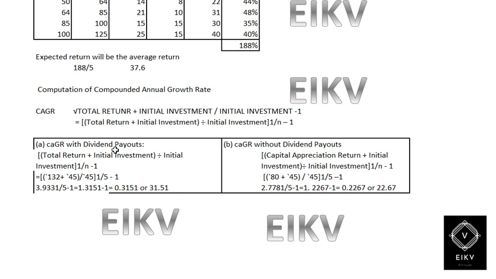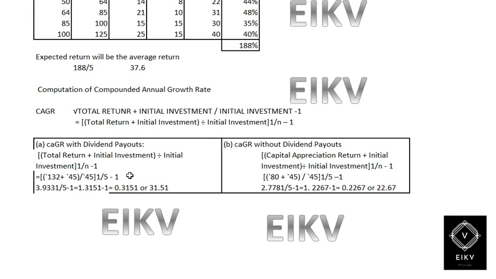Number one, CAGR with dividend payable and CAGR without dividend payable. So CAGR with dividend payable, the formula would be total return plus initial investment divided by initial investment, raised to 1 by n, minus 1, which is 132 as the total return plus 45 as the initial investment divided by 45